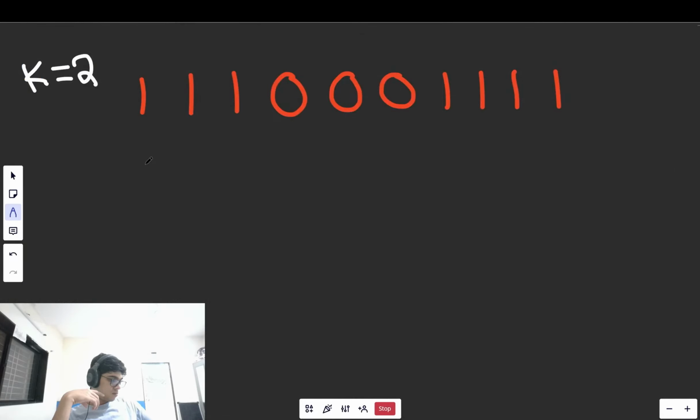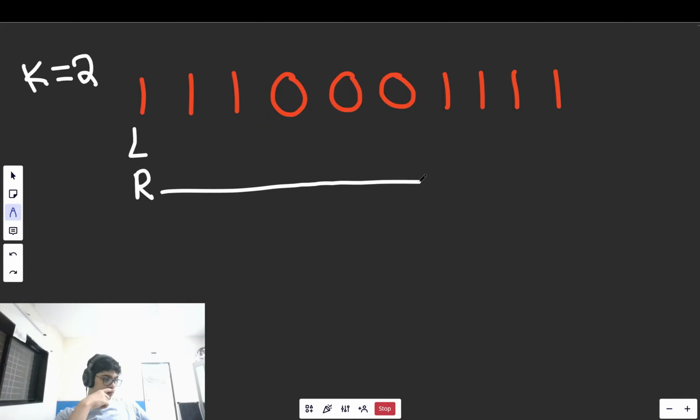So what we're going to do here is a sliding window. And for a sliding window, we are going to use 2 pointers. We set L and R both to the beginning at first. So that'll be the first index, which is 0. And so R is going to expand this window and L is going to contract the window. And we're saying window because window is going to be the same as any subarray. So we're looking